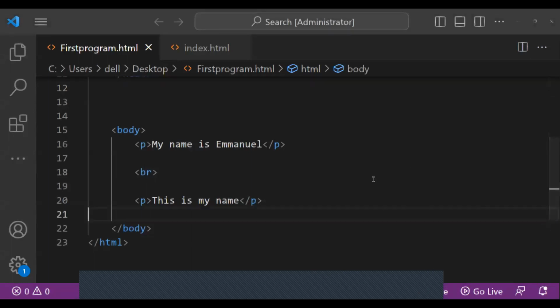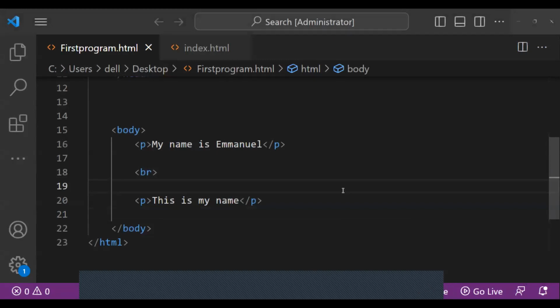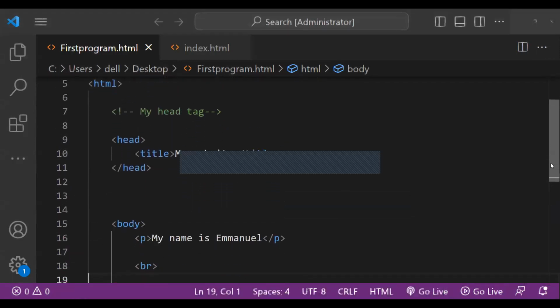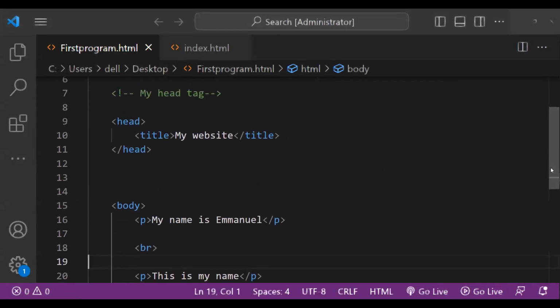I'll try to go through the extra tags that we are adding in today in quite a fast manner, because I really want to also share with you some CSS at the end of the day. So we are going to add another tag, what we call a